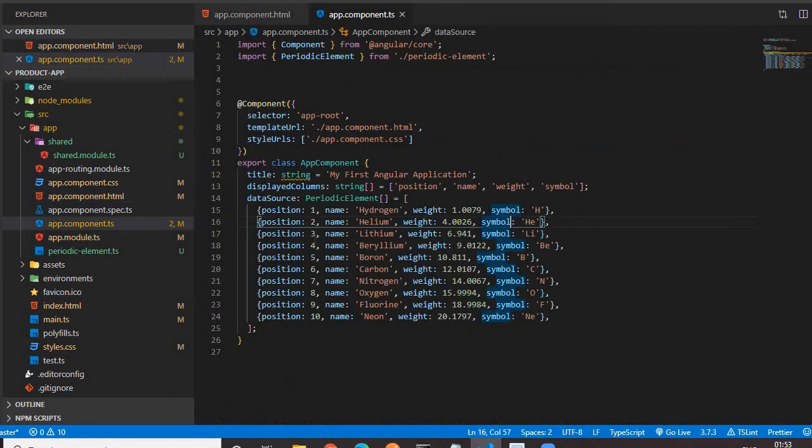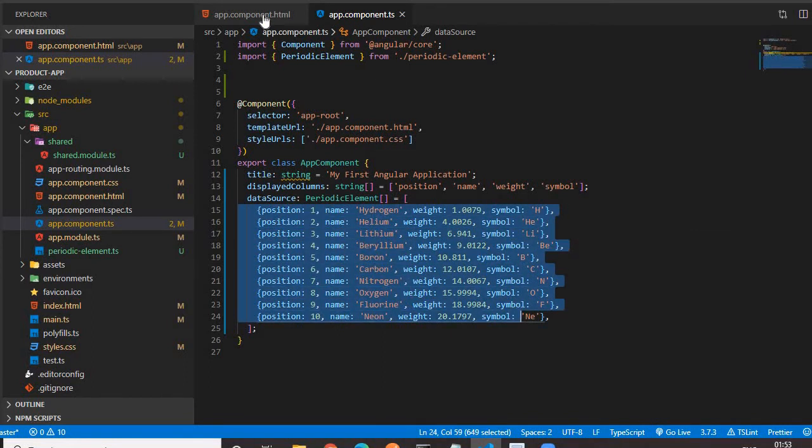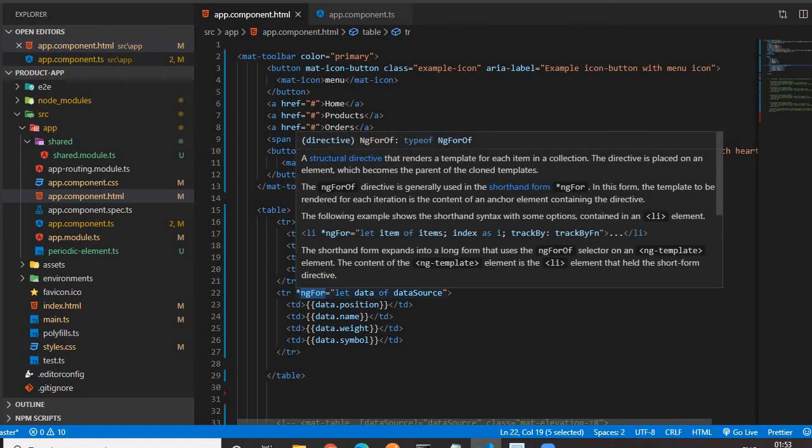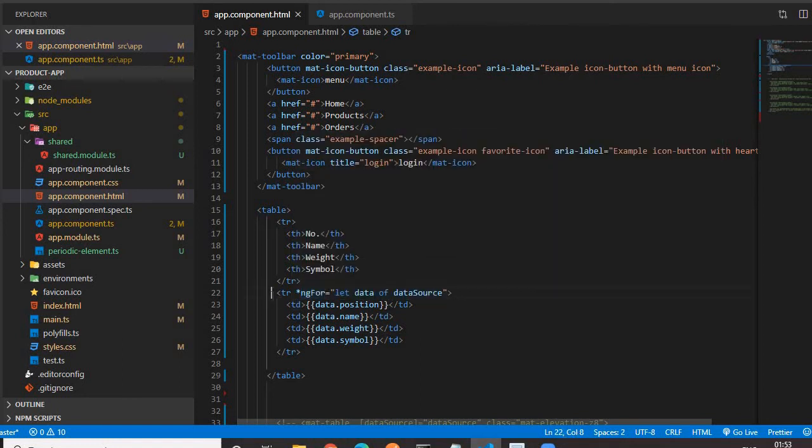There are 10 records in this array of objects, so we'll get 10 rows in our table. If you don't want to use *ngFor, you have to repeat this tr element 10 times for displaying all the 10 rows.